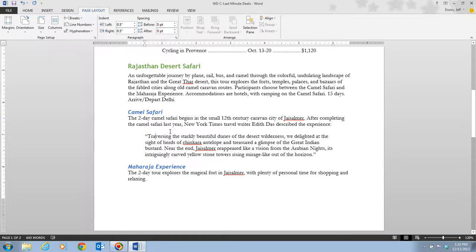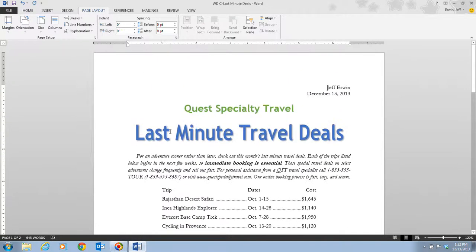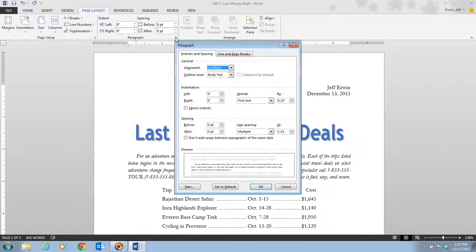Step 5 tells us that we want to press our Control Home to go back up to the top of the document, and we're going to place our insertion point back in the italicized paragraph. Then we're going to click on the launcher in the paragraph group, and then next, while we're here, we're going to click on the special list